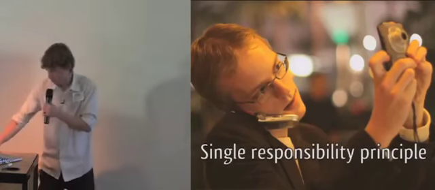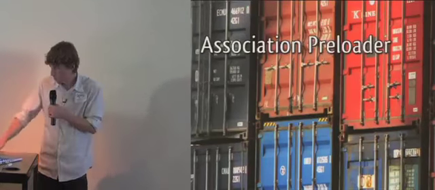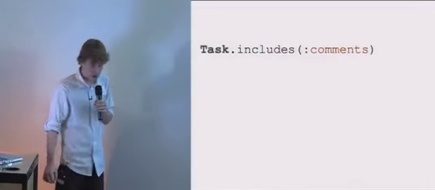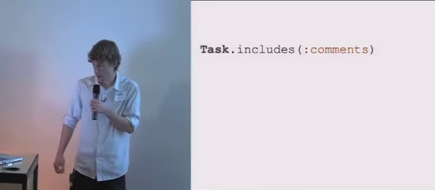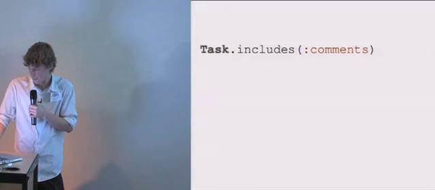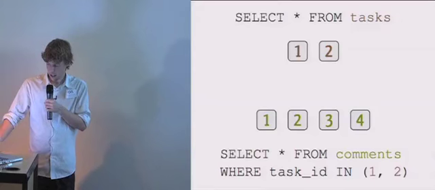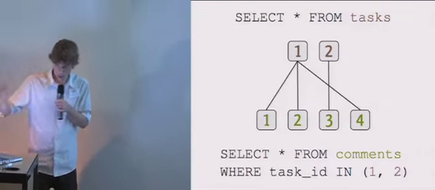So, great job. On to the next part, the association preloader. This is the part of the code that allows you to do things like this. So this solves the n+1 query problem. So when I load a bunch of tasks, at the same time I load a bunch of comments, and then I don't have to load comments for every single task when I iterate over it. And it works something like this. Select all tasks, and then select a bunch of comments, and then link them up, the right tasks being linked